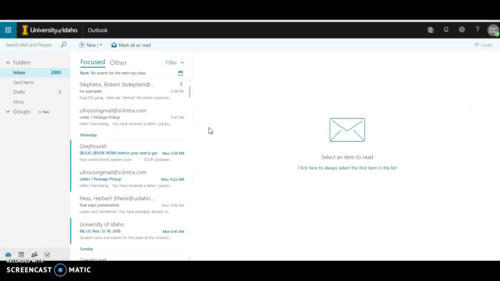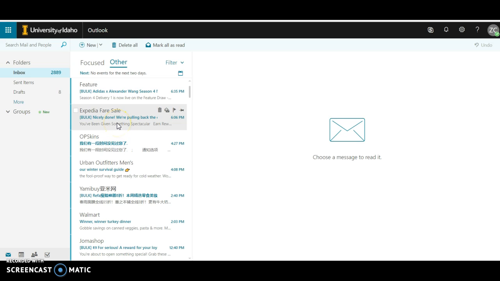This is my personal email for Outlook. About classifying emails, Outlook does the better job. It classifies emails into focused and others. All the important emails are in focused, and the useless or advertisement emails have been classified to the